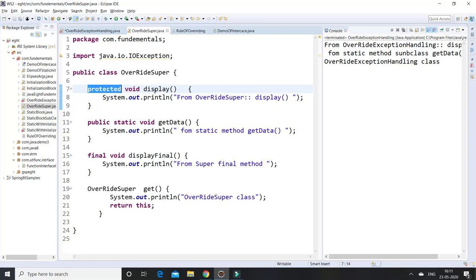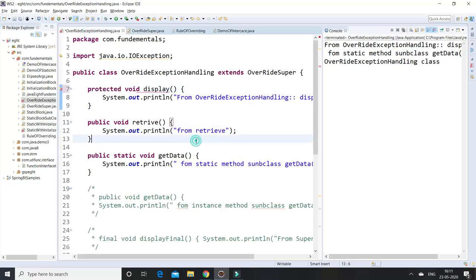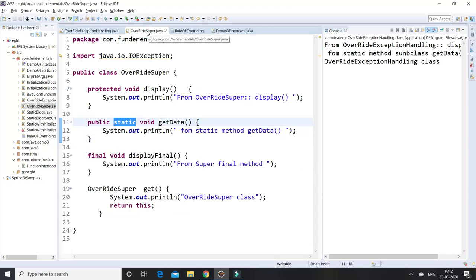Okay. So one more thing: suppose I want to declare one method with a static keyword, a static method, so I am declaring it here. Similarly, in the subclass level, I am declaring getData with return type void, static, and public as the access specifier.